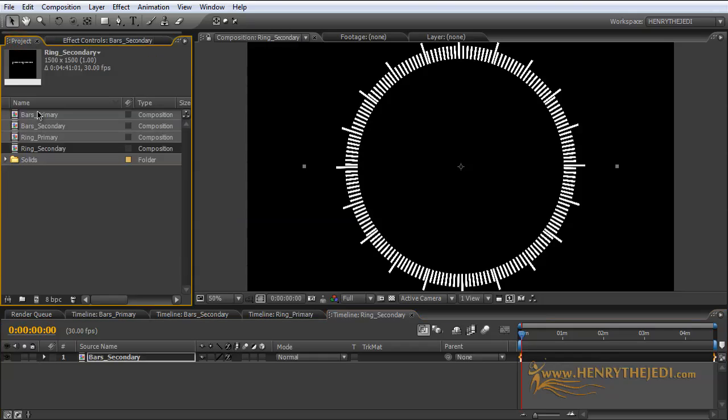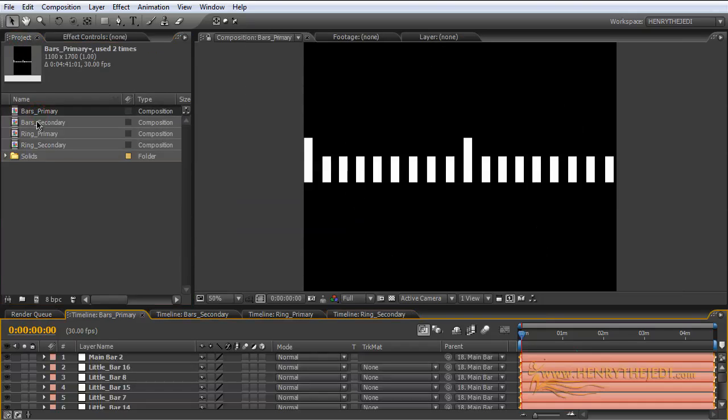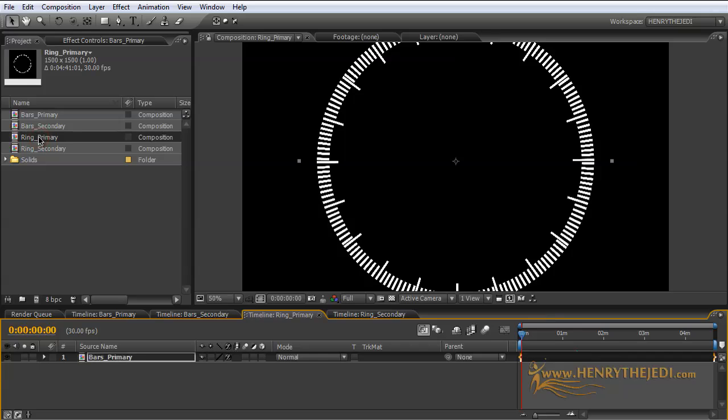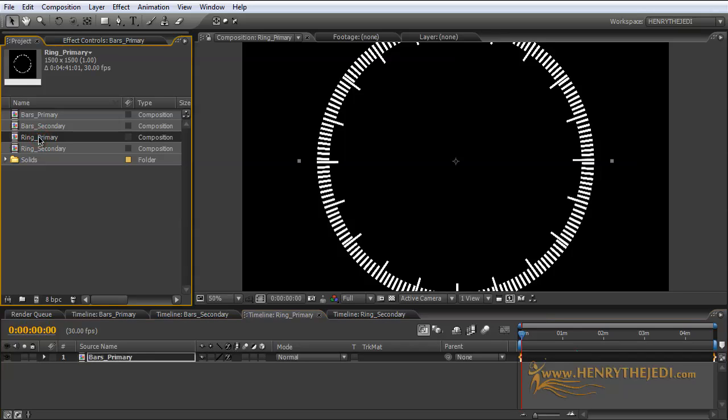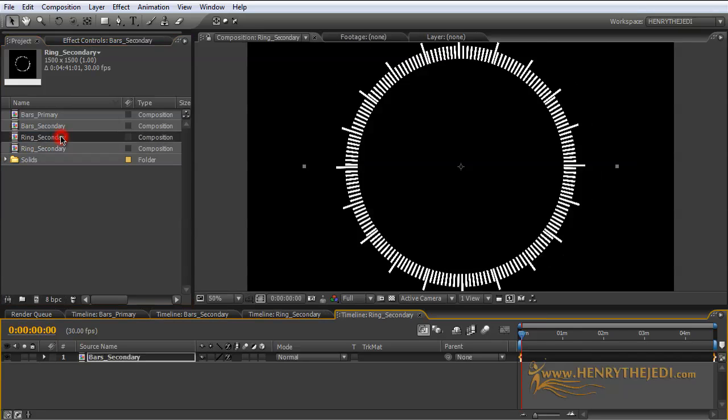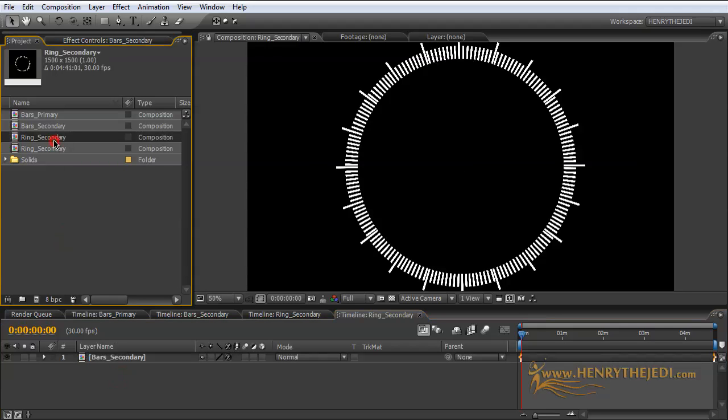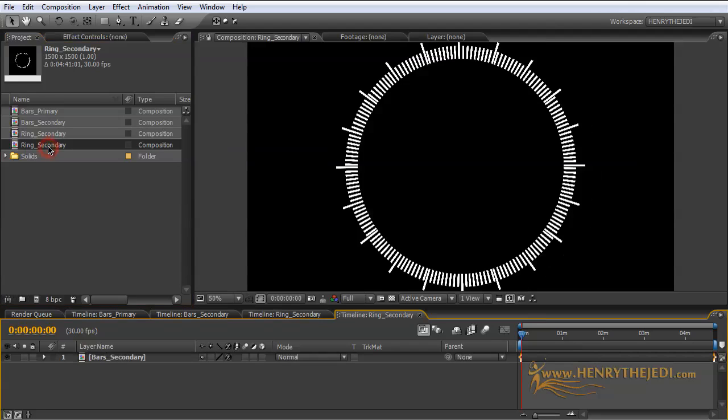So let's do some quick renaming of things here. This is supposed to be for the secondary, so rename this to ring secondary. Sorry about that, it's my mistake. That means, of course, let's go to this one. Now these have to be, let's rename this to, let's see. These have to be the ones pointing outwards, so that's the